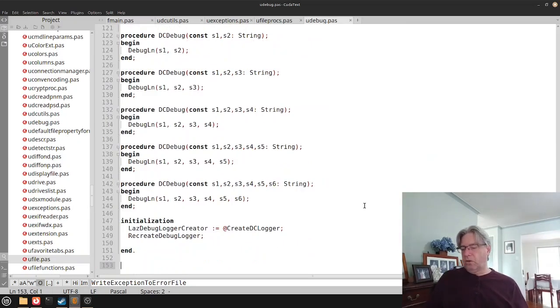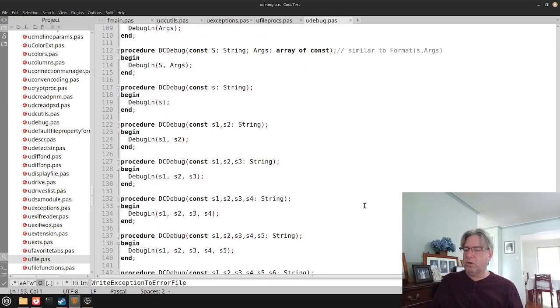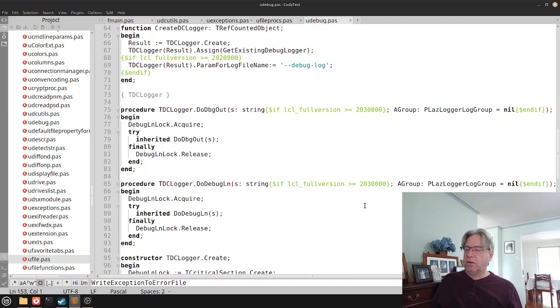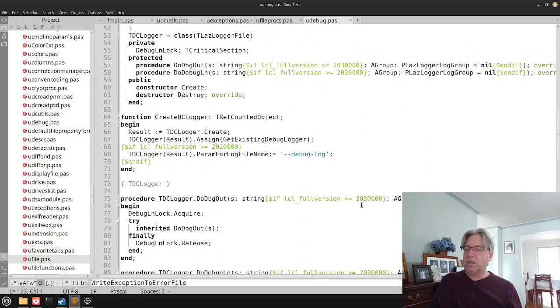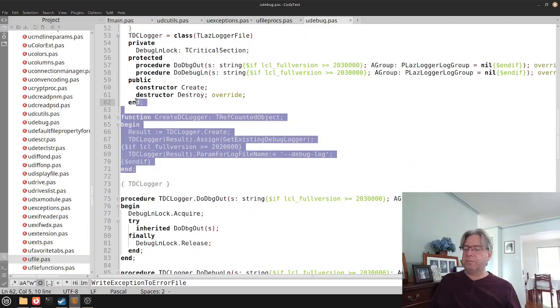So if we go down to the initialization function, what we're going to say here is that the LazDebugLogger creator is going to be our create DC logger, and then it will recreate the debug logger. So what does that do? Well, the recreate debug logger will ultimately come down to here and